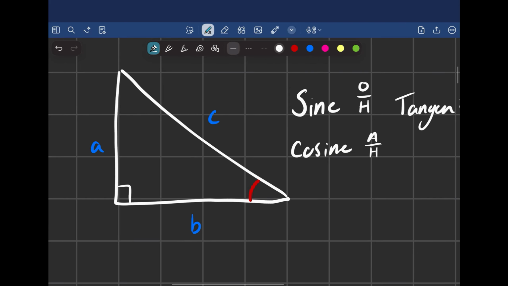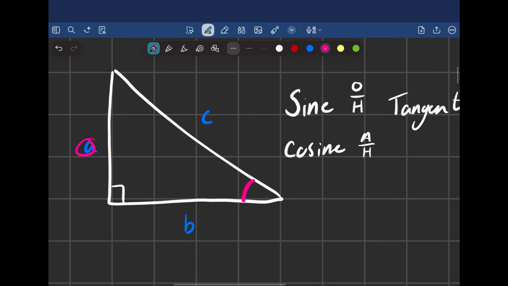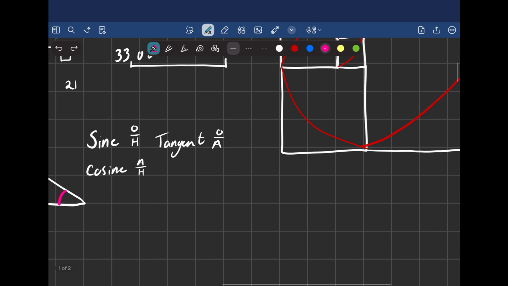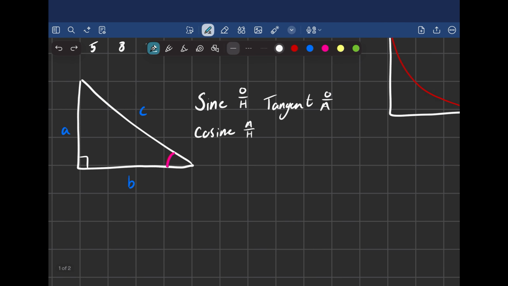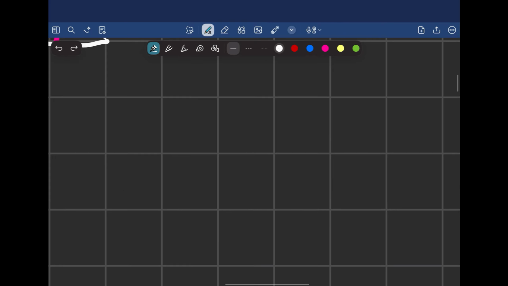So what does that look like on the triangle? We're looking for this angle here, so we need the opposite, and that's going to be this one divided by this one. Now, from this, you can use it for, I would say, different things, but the way I use it the most is when you have, let's just say,